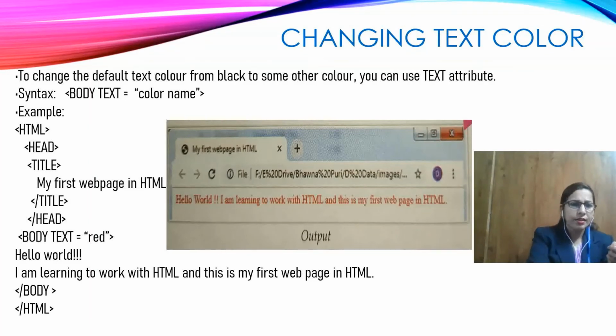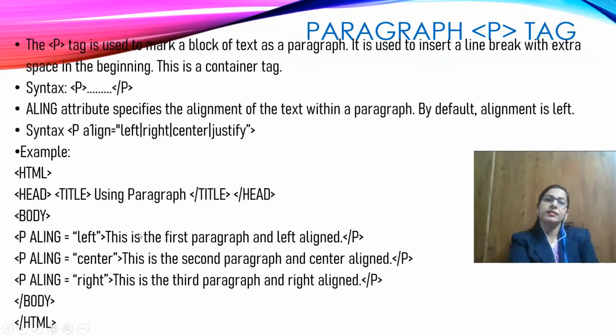Okay, see here in body, the attribute: give a space and then write text and equal to sign, and then in double quotes write the color name you want to give that text. And just write down the text you want to show on your web browser. Then the ending of your body tag, and this is the ending of the HTML tag. Okay, so next is how we can add a paragraph or change a paragraph.